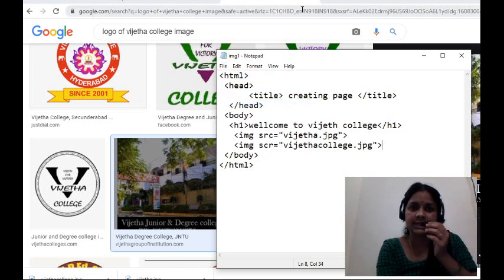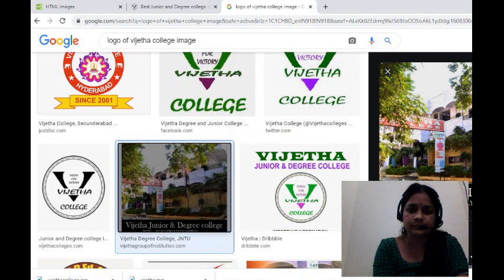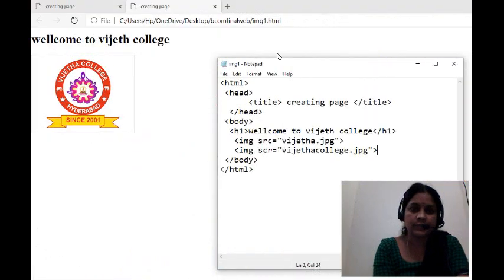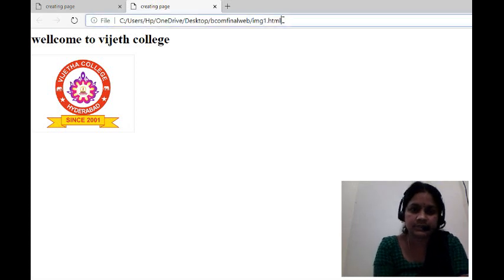Now let us see the output. Go to Chrome and select it, right click it.